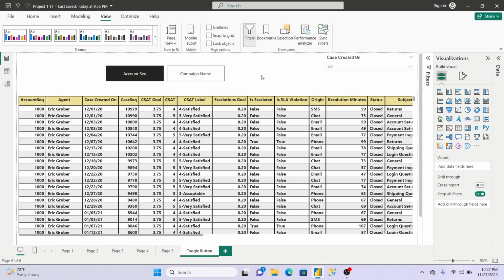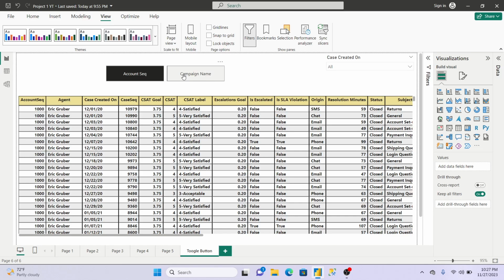So why do we use this toggle button in real time projects? Whether it will be used 100, not 500%, I'm guaranteeing you, in real time projects it will be used 100%. Because there will be many tables and many visuals. Every time, the additional value you give to your client in your Power BI report is that we don't keep creating new tabs. So in only one tab, we have placed two tables here. If there were 5 or 8 tables, we could also do that easily with this toggle button.